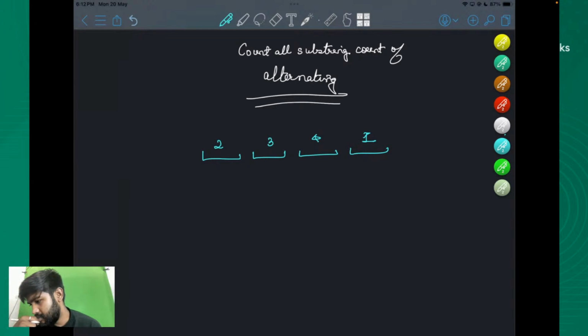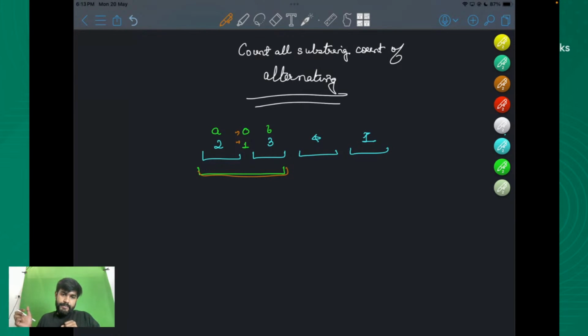Now if I have a 0 or 1 here, then this whole part would become, let's say this is A and this is B, let's say A is equal to 2, B is equal to 3, then this whole part would become a substring which is alternating by keeping here 0 or 1 optimally. If I keep it here optimally, this would become an alternating one. And now, instead of contributing individually, both of them would collectively